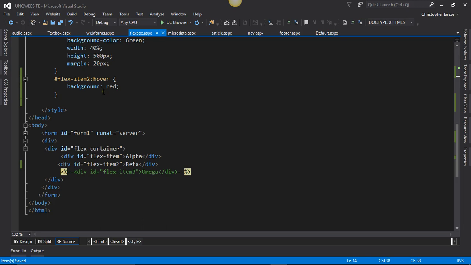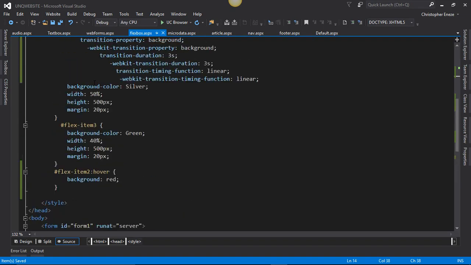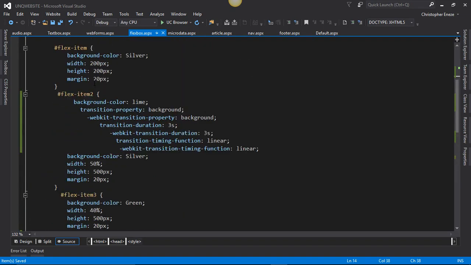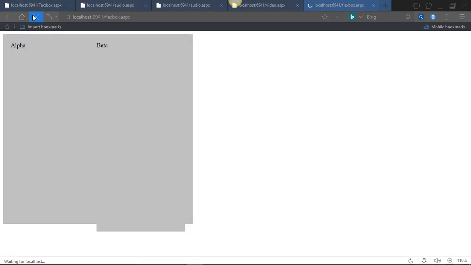So I have to say flex item 2 hover, and put the transition control in flex item 2. I can change the duration from 3 to 4. Transition duration is the duration it will use to change, and then the webkit transition duration, I'll change it also to 4. That is to take 4 seconds. If I go to the browser and refresh, now when you go to your app,